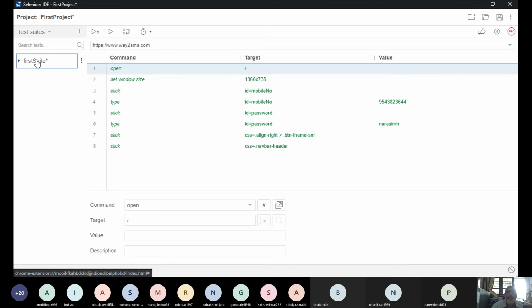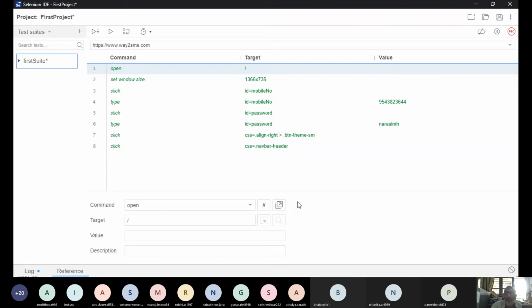So now the exercise I'm giving you is that whatever I told you, download the Selenium IDE from seleniumhq.org. Whether you want the Firefox version or Chrome version, whatever, you download that. Then you try to see whether you are actually able to do what I taught you right now.